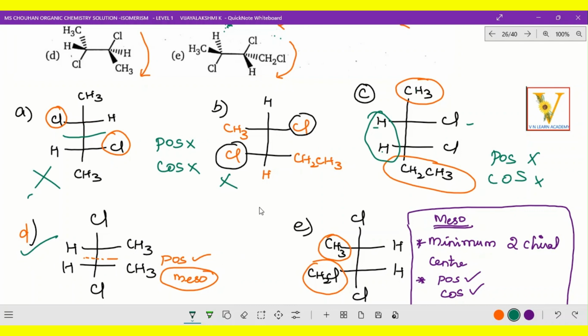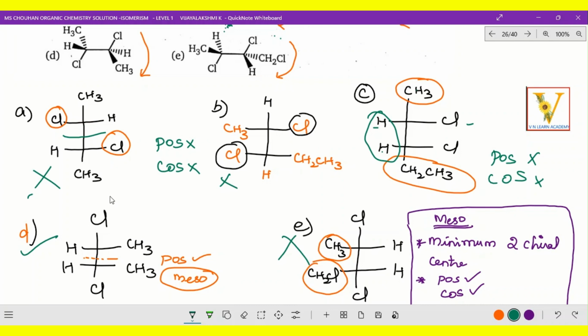And option E, let us check option E. What has it mentioned? In option E, CH3 is there on the wedge position, and the dash position hydrogen and Cl. So Cl we just put on the top. Wedge position CH3, dash position hydrogen. And the same way here hydrogen and CH2Cl. So the CH2Cl, when you are rotating, just the opposite: dash comes this side and wedge goes that side, and the Cl on top, fine. This also is the same, yes, it is fine. But CH3 and CH2Cl are both different, so this will not be the correct option.